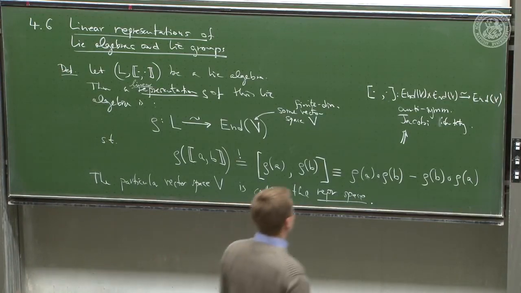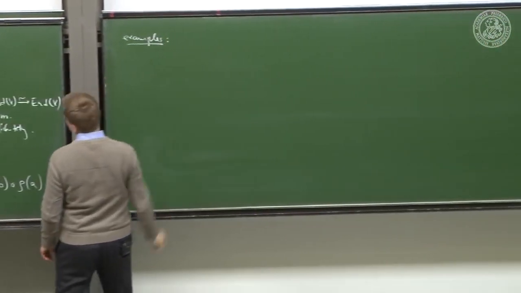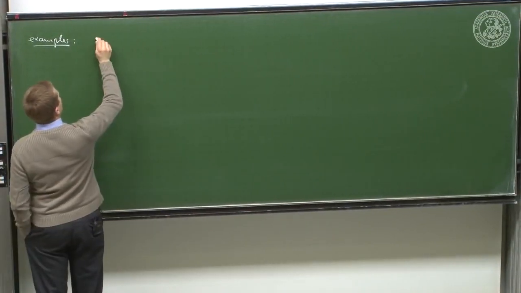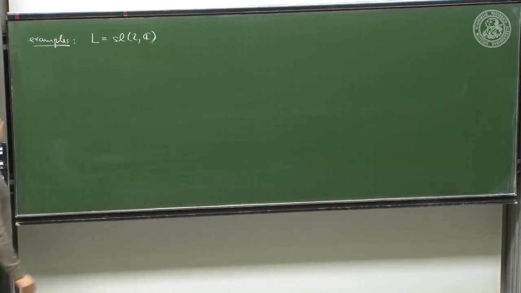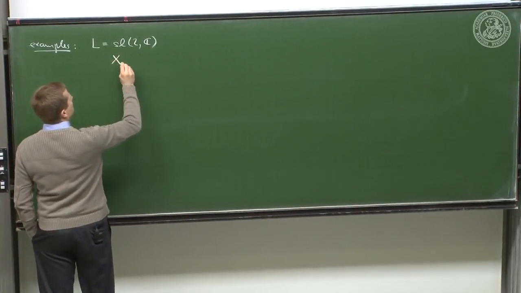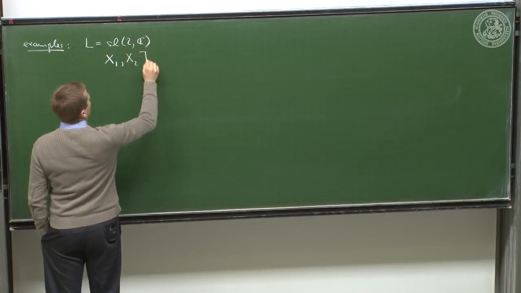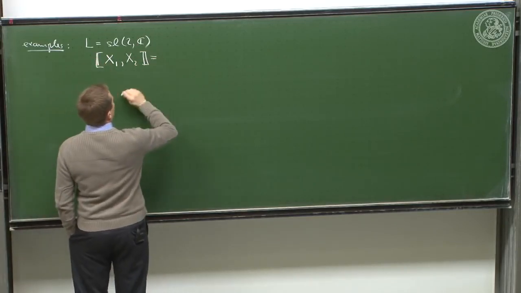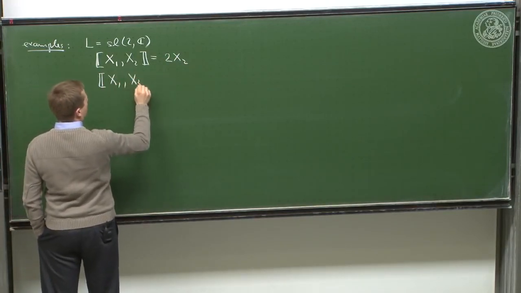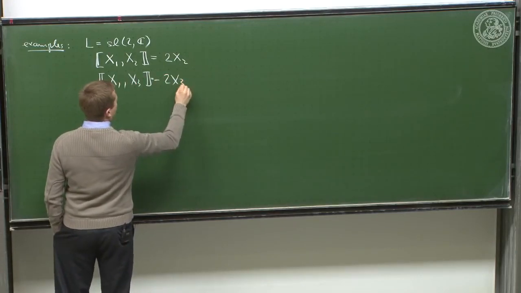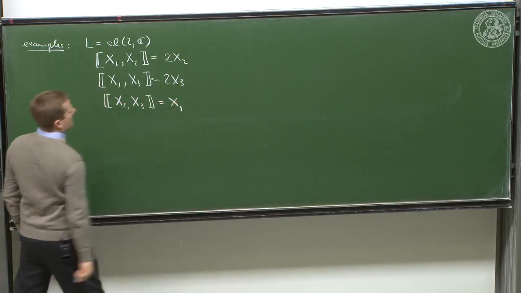Okay, so example, or examples. Well, we discussed at great length the SL2C Lie algebra, and we found that it has three generators, three basis vectors. This is a three-dimensional algebra, and we wrote down these commutation relations for it. This was [x1, x2] = 2x2, [x1, x3] = -2x3, and [x2, x3] = x1, and we derived